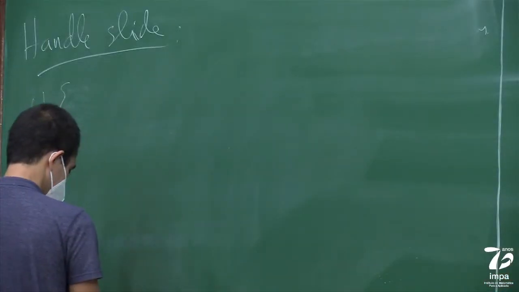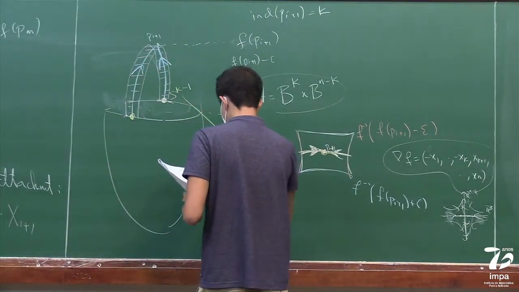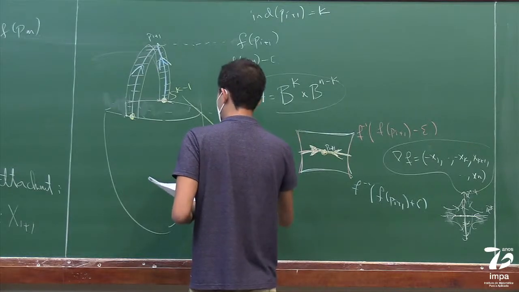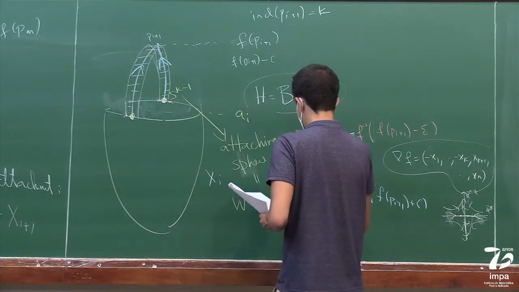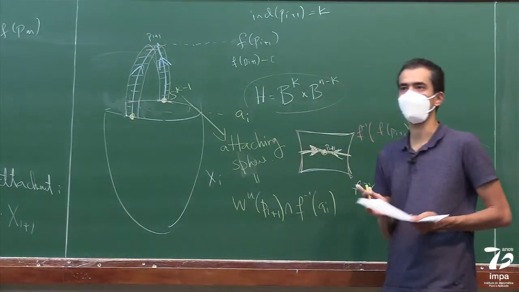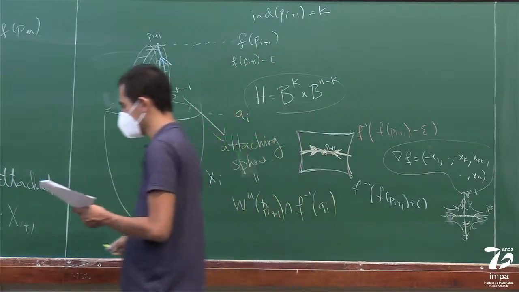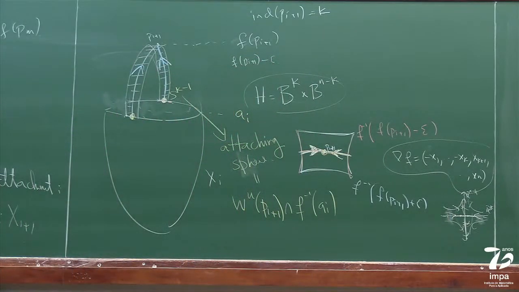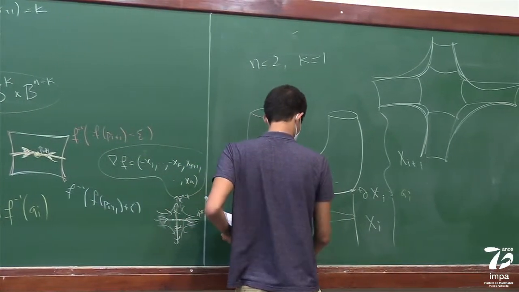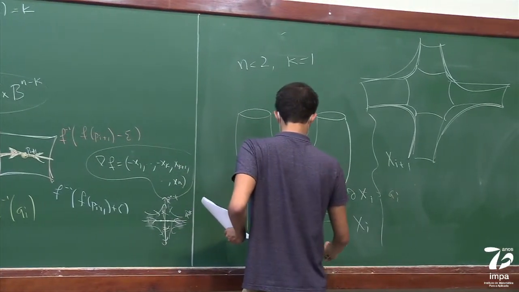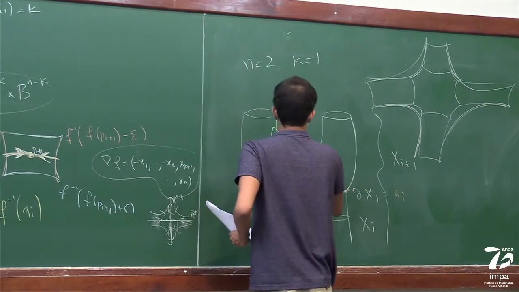Which this attaching sphere is by definition the intersection of the unstable manifold with the preimage of a_i, this fixed regular value. Okay, that's called the attaching sphere. And often people call the other sphere, so kind of there's another sphere up here. Over here, there's another sphere,